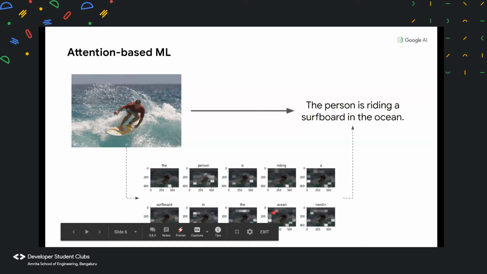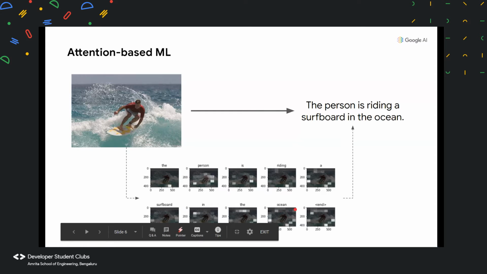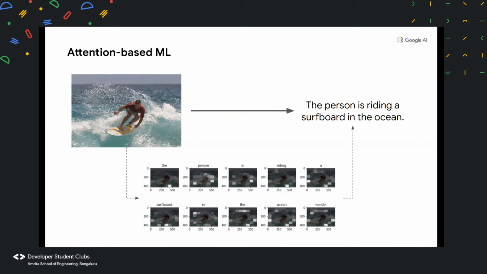So for detecting that it's an ocean, you can see that it has placed its attention on these parts of the image, which is quite obvious, right? So we'd be looking at this portion of the image for detecting whether it's an ocean or not. So that's what it has done here. But you might be wondering to yourself, what about these words such as is, a, and the? Well, that's where our recurrent neural network comes into play. We can't necessarily conceive these words from the image directly, but the recurrent neural network is going to help us. How? I'll let you know.